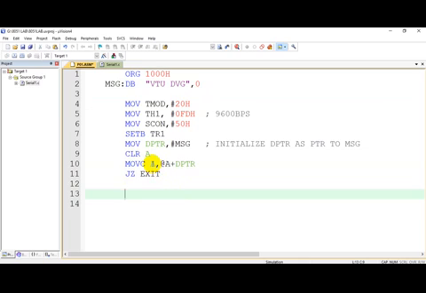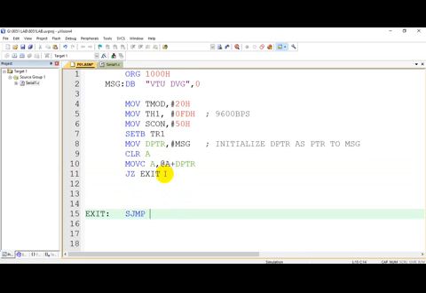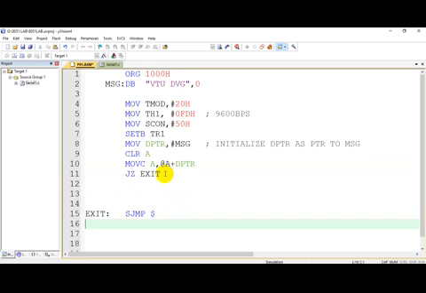So when the contents of the accumulator are equal to 0, the jump on 0 condition becomes true. So if this condition becomes true, it means I have transmitted all the characters. Okay. So exit will be the last. I need not transmit any more characters, and that will be the end of the program.